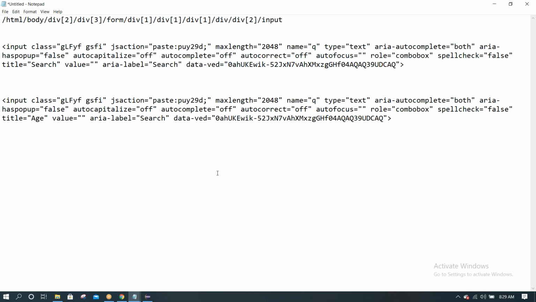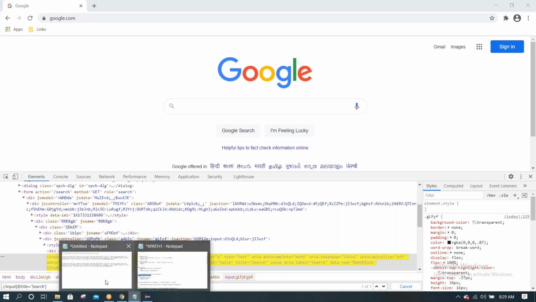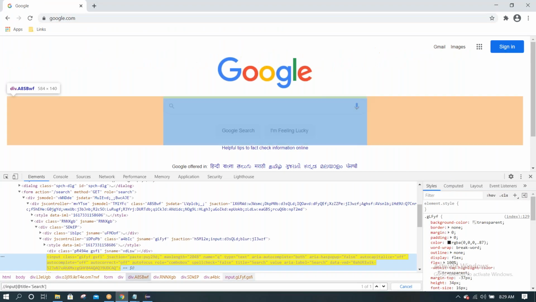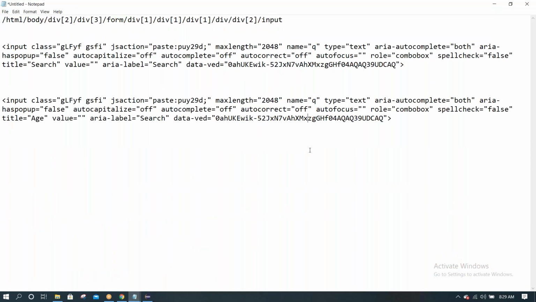There would be chances like this. Assume in the application you are working on, maybe Google or something similar, in the HTML code there are two text boxes like this. If you write name equal to q, that will not be sufficient. We need to write different locators.